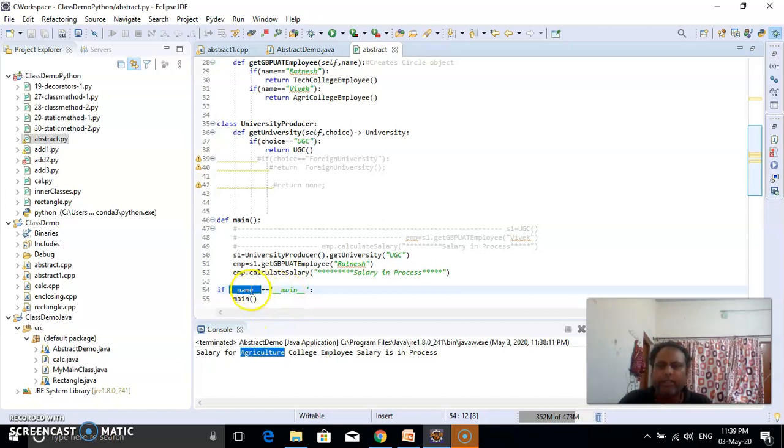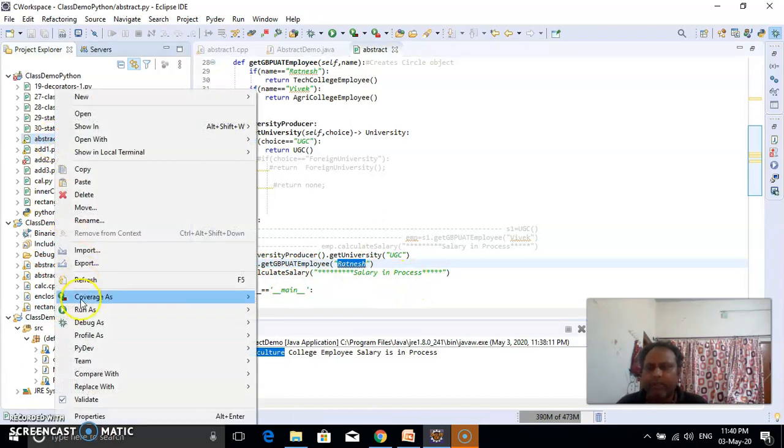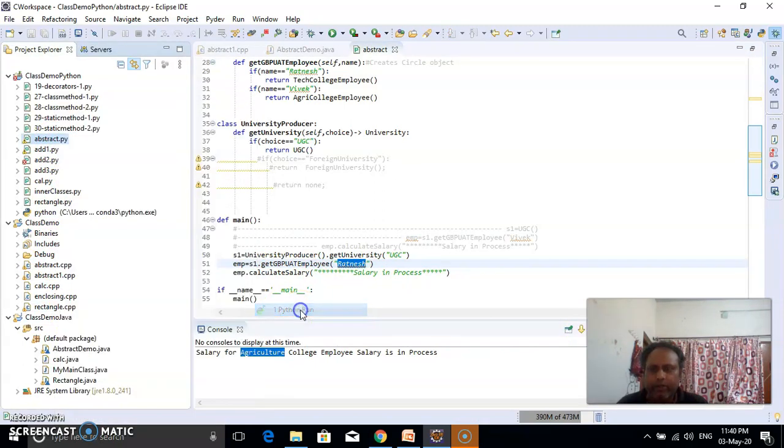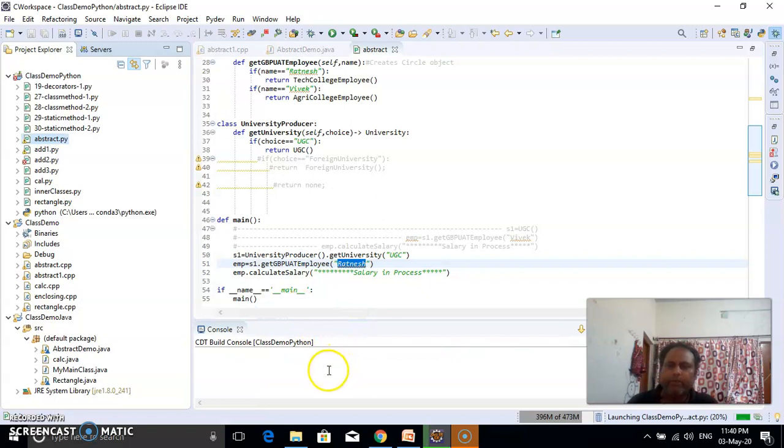So it will find this special keyword which is initialized with this main, and inside this main, this module main is declared. So the interpreter will go over here and it will try to find UGC. From that UGC it will try to find Ratnesh, and from that Ratnesh it will be printing the salary of the employee. Let's try to run this and you will see what is happening over here.